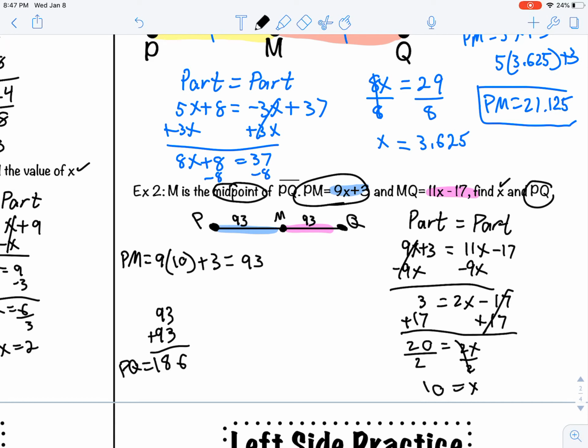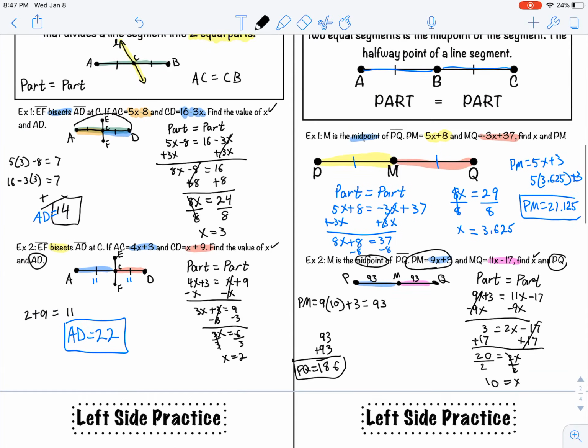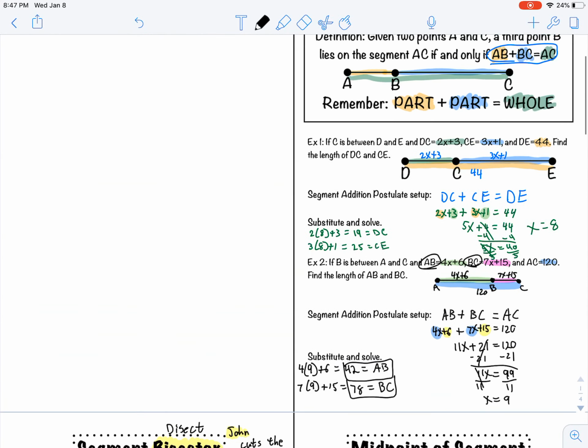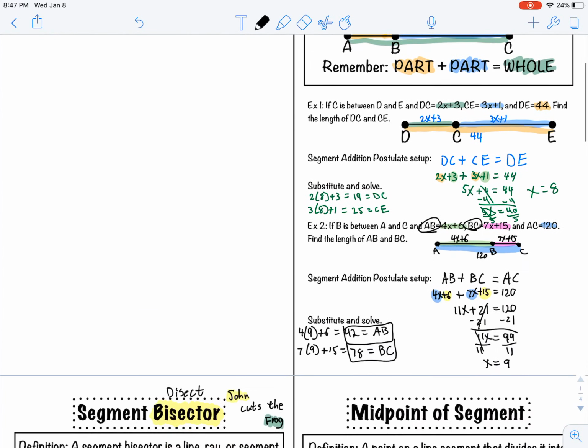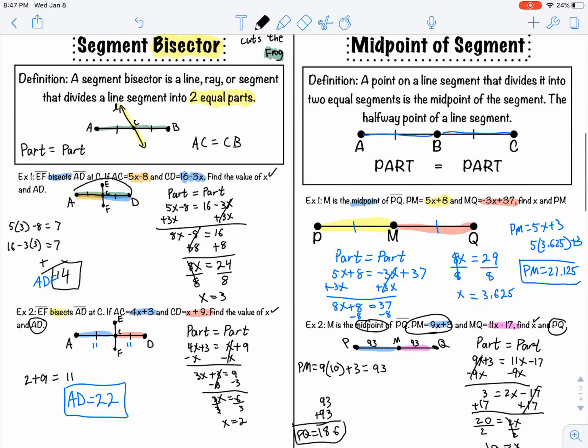There's our answer. All right, you guys, that's the notes for today over segment addition postulate, segment bisector, and midpoint of a segment. Down here, I have, it's the same thing on both sides. This is your half sheet that you guys have. This is the work that you're going to finish up next,